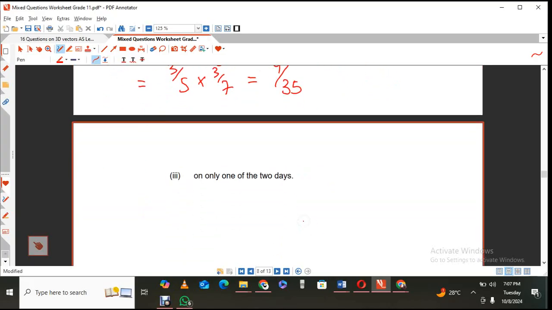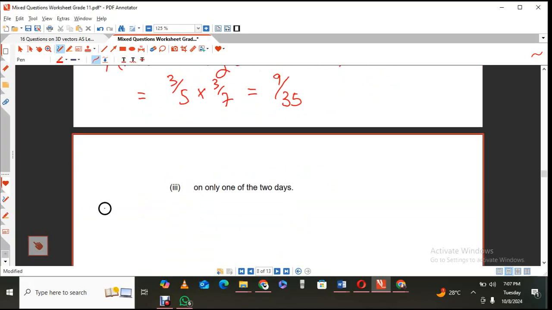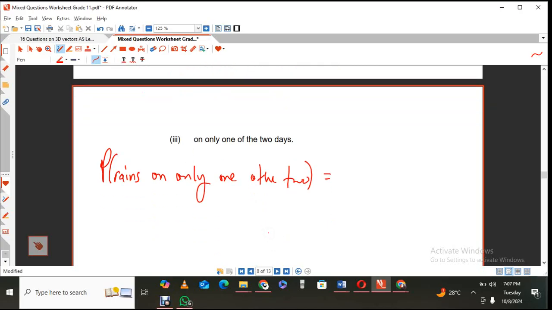There's a third one. Find the probability that it rains on only one of the two. So I have written this, one of the two. That means there's a little bit of work here. There can be a combo. The probability that it rains on only one of the two could be, you have